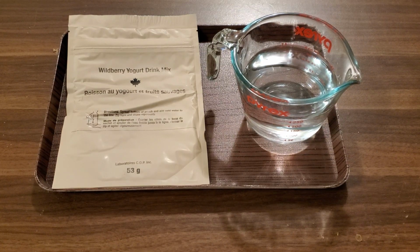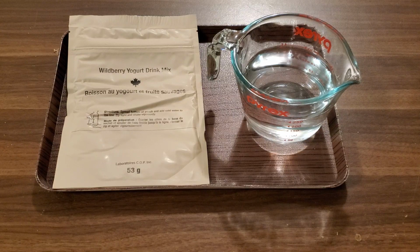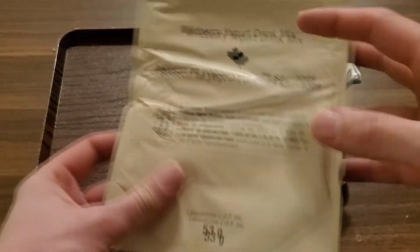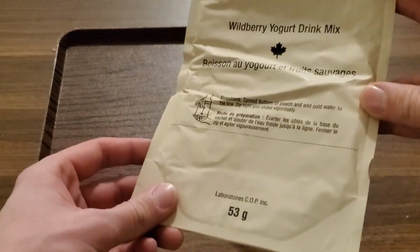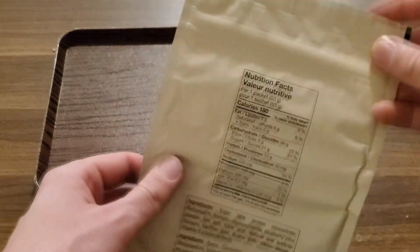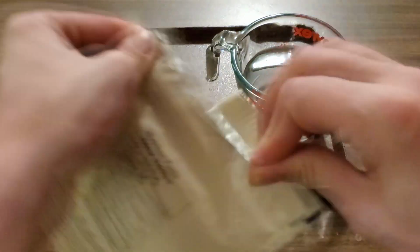It's the part of the ration that neither one of us has been looking forward to because we've had really, really bad luck with yogurt drink mixes. We had one in an earlier ration that was almost spoiled. Can't remember which ration, but it was nasty. I shouldn't have drunk that. I got sick the next day. I'm not a huge yogurt person. Some of it's okay, like a yogurt parfait is good, but I am very skeptical about a...